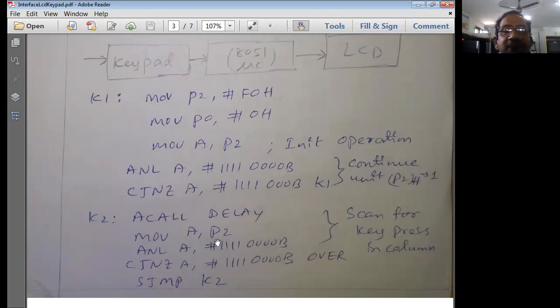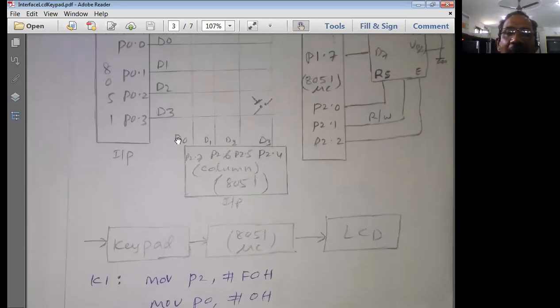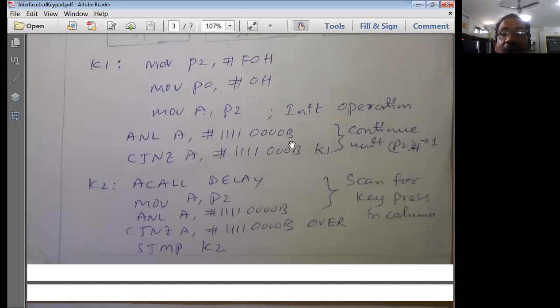Once the zero flag is set, what does it mean? This condition is false. If the zero flag is not set, it means the lines on the port 2 higher order pins are not all ones, not all active high. Since they are not active high, once again I go back and reinitialize for active high values.